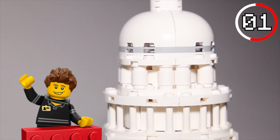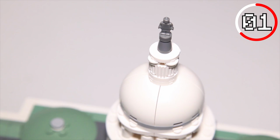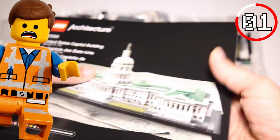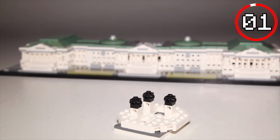The dome leads to the National Hall, which is followed by the building's columns with a tiled floor. There are 8 statues within the set, and it even contains a booklet showcasing details about the design and its history, since that's always a joy to read. All the blocks are compatible with LEGO Creative Sets as well,